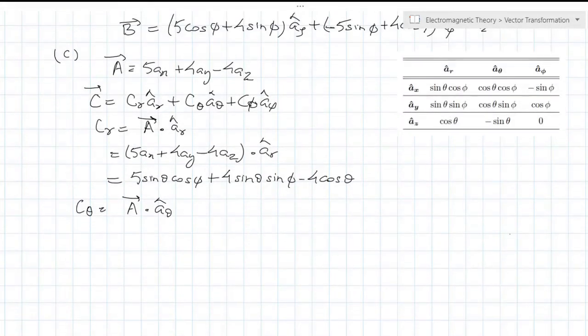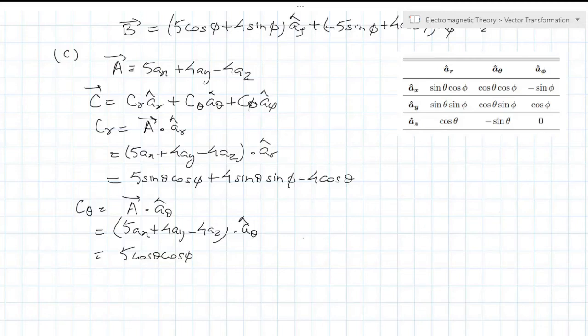Let us go back a little bit again, and let me write down the vector again. Dot multiplying this vector A with A theta, let us see the second column, because we are multiplying things with theta. So A theta is in the second column. Ax dot A theta is cos theta sin cos phi. So 5 cos theta